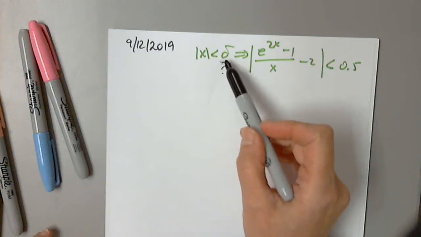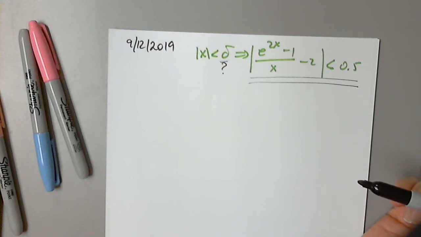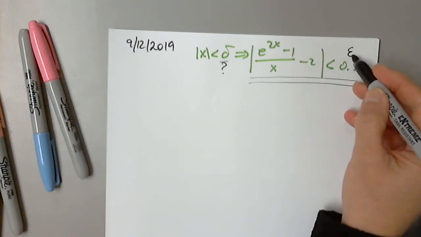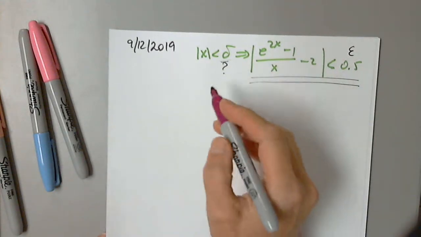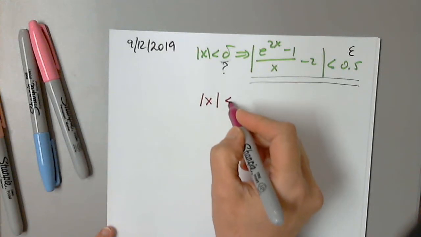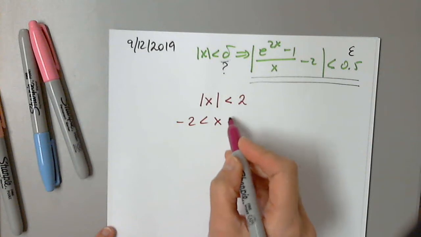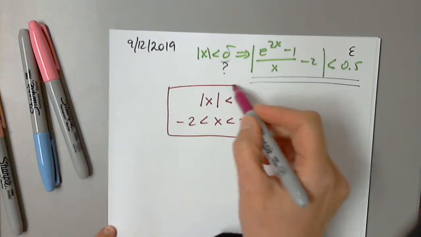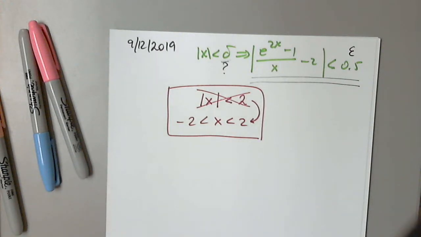Find delta such that this is fulfilled. This condition is fulfilled, and epsilon was given to us. We have two different epsilon values, but we're going to just look at one of the two. The procedure is identical for the other one, of course. So remember, every time we look at the absolute value less than a number, let's say 2, we have to rewrite this inequality. We don't know how to solve this, but we know how to solve this that replaces the